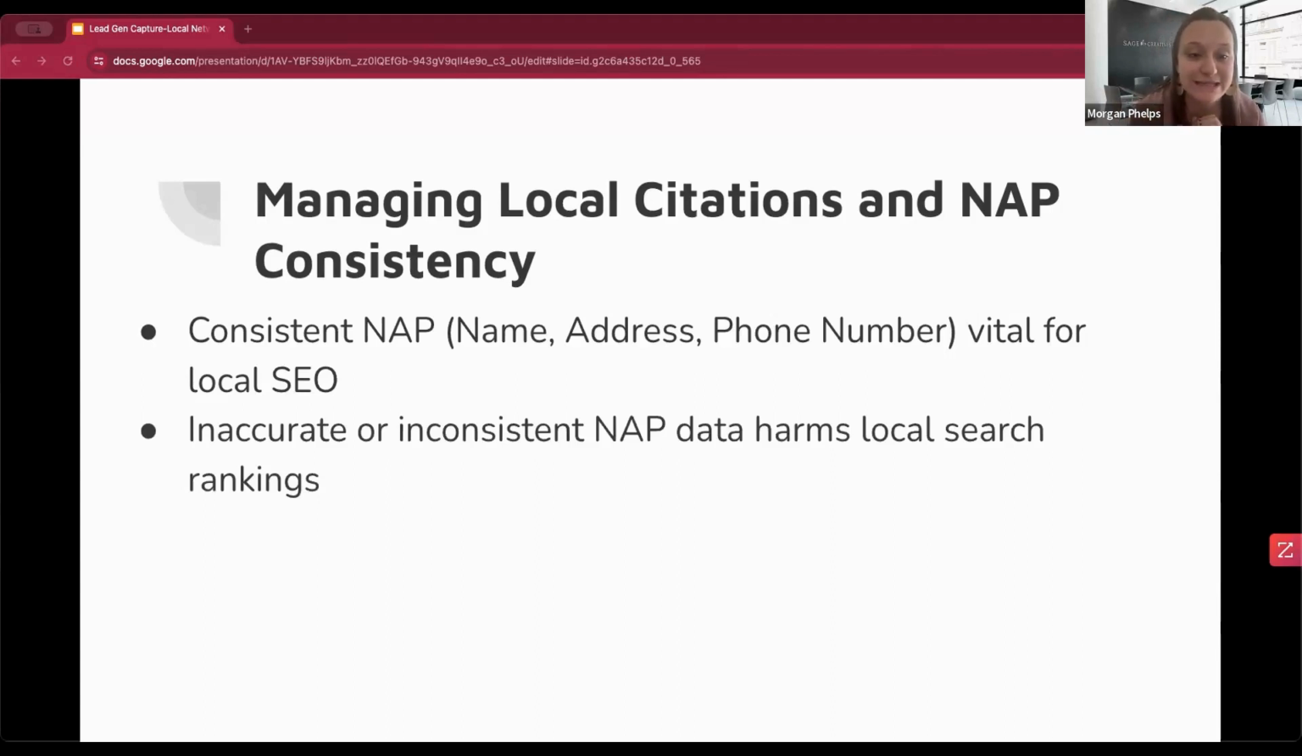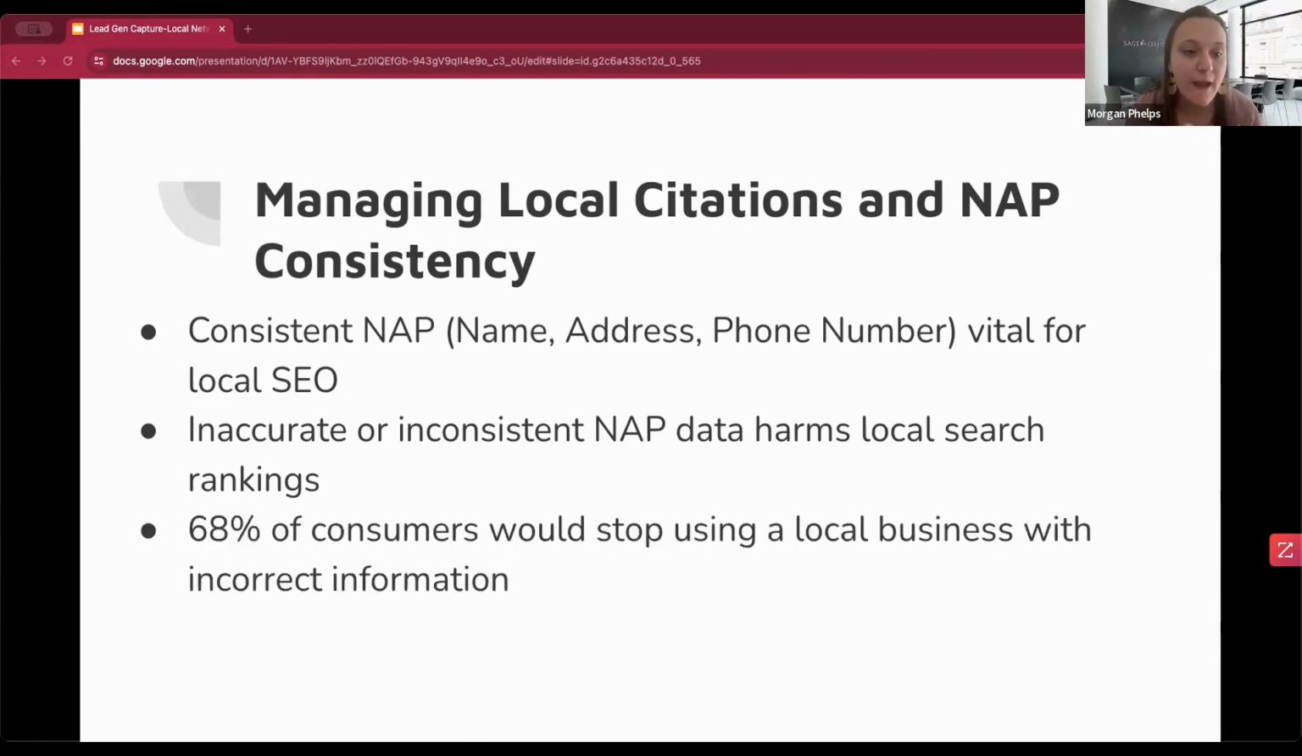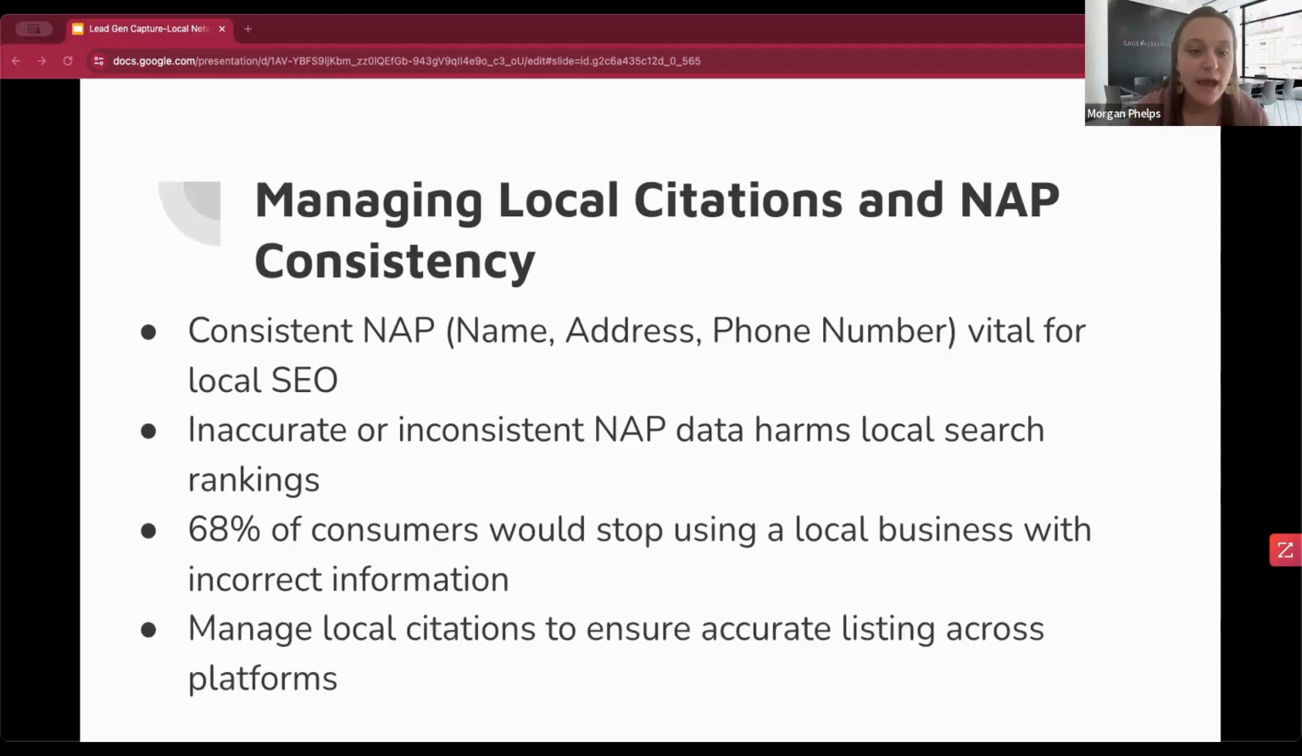Inaccurate or inconsistent data harms local search rankings. And 68% of consumers would stop using a local business with incorrect information. And then managing local citations to ensure accurate listings across platforms. So some strategies for acquiring local backlinks can include participating in local events, sponsorships, reaching out to local newspapers, bloggers